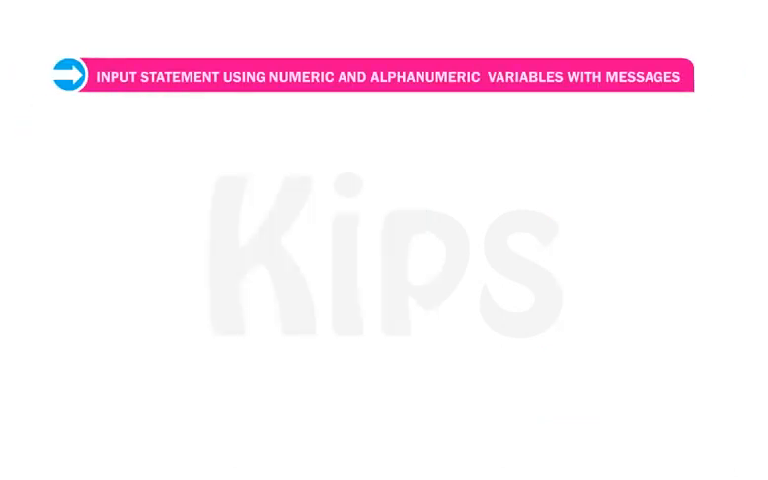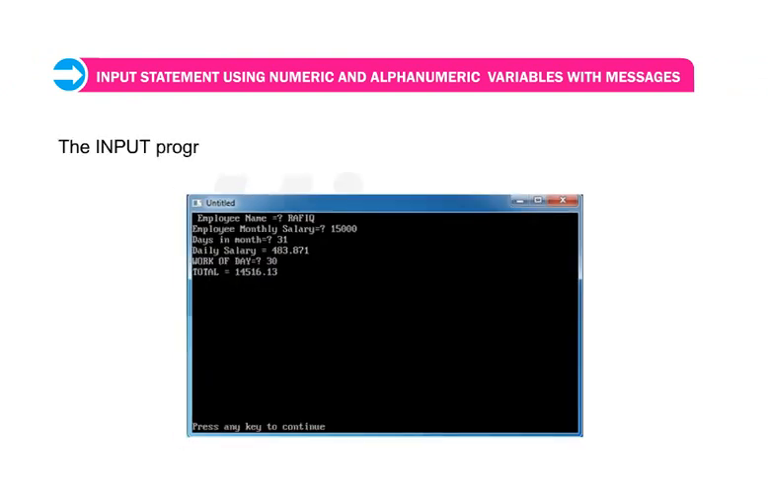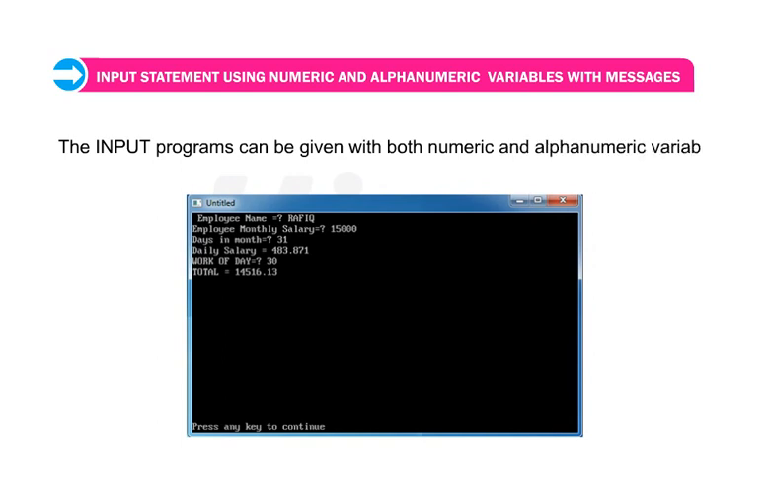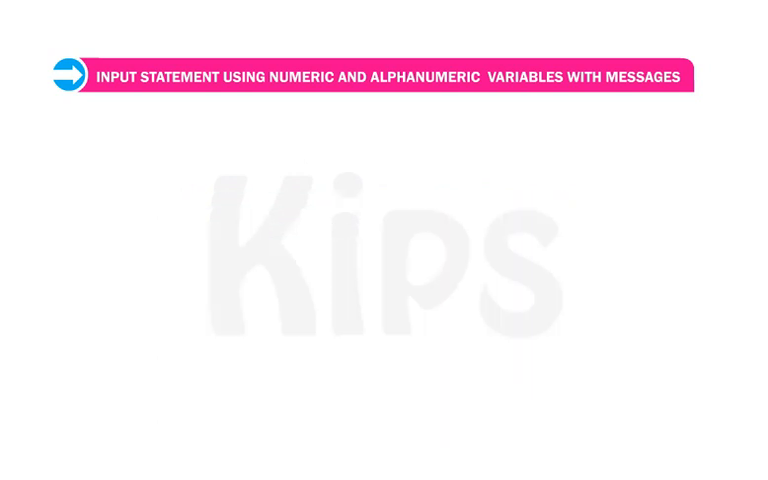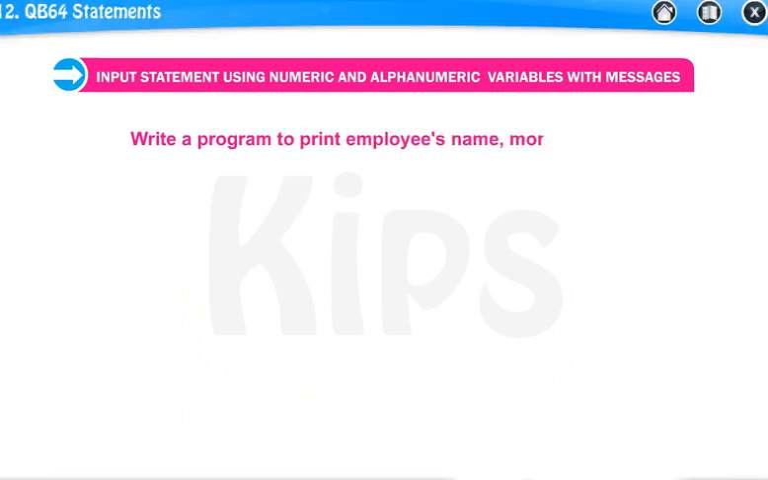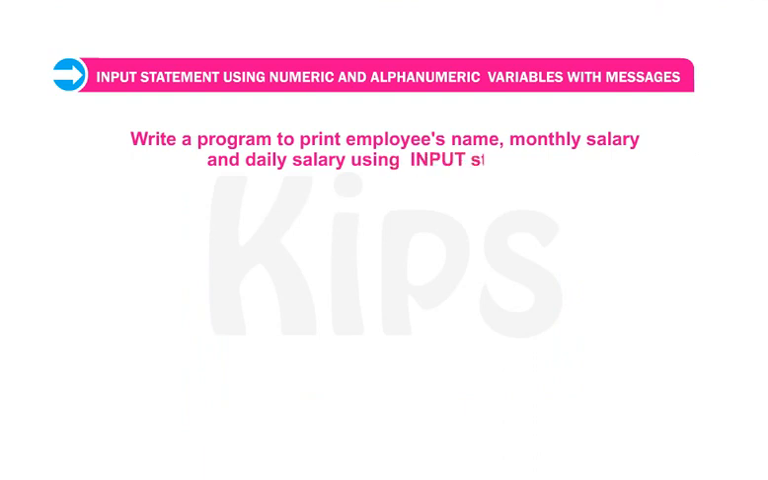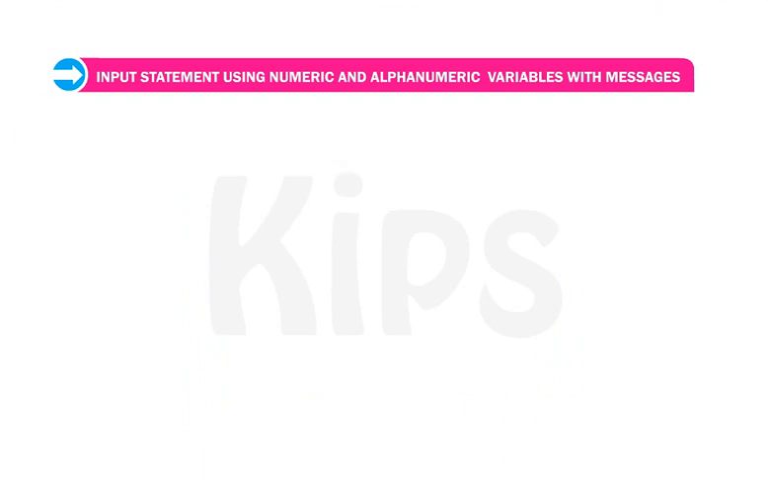Now let's talk about the input statement using numeric and alphanumeric variables with messages. The input programs can be given with both numeric and alphanumeric variables. Let us observe with the help of the given examples. Write a program to print an employee's name, monthly salary, and daily salary using the input statement. For example,